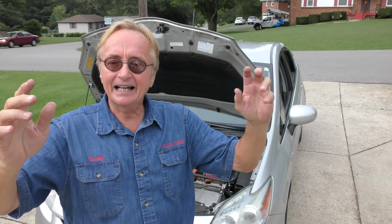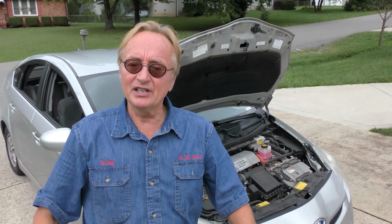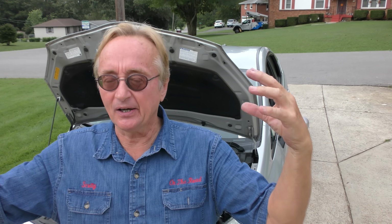They're not made for highway cruising because they're not using the electrical portion of it hardly at all, except when you accelerate. They're made for stop and go traffic. It makes sense. You actually make much more money on an Uber. You're spending a lot less money on gasoline. Okay, average is about 50 miles a gallon in the city. Imagine this scenario. I've seen guys driving Uber with a Suburban in town. That thing gets less than 10 miles a gallon. So this thing gets 5 times better gas mileage,